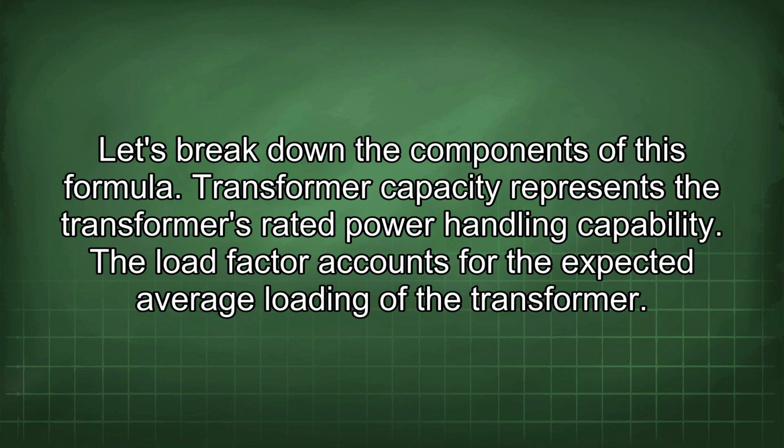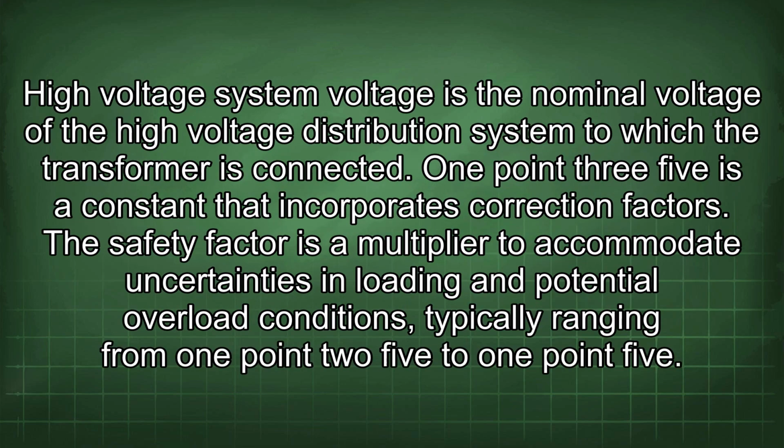Transformer capacity represents the transformer's rated power handling capability. The load factor accounts for the expected average loading of the transformer. High voltage system voltage is the nominal voltage of the high voltage distribution system to which the transformer is connected. 1.35 is a constant that incorporates correction factors. The safety factor is a multiplier to accommodate uncertainties in loading and potential overload conditions, typically ranging from 1.25 to